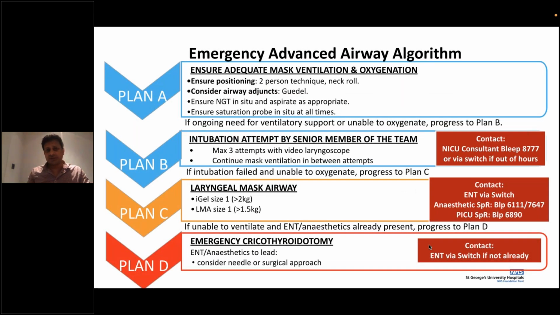Now, I've just put in a picture of a slide of our advanced airway algorithm within the neonatal unit. Every hospital has a plan for what if things go wrong. How do we call, or whom do we call? It's important to have this handy or take a picture, and it's readily available. It is slightly different in each hospital because it's about who to contact. Is it a bleep? Out of hours, what is the telephone number that I need to contact? These are the areas you're looking at.